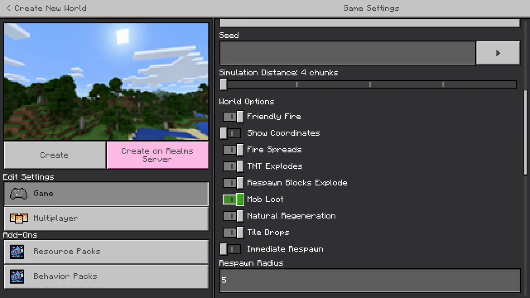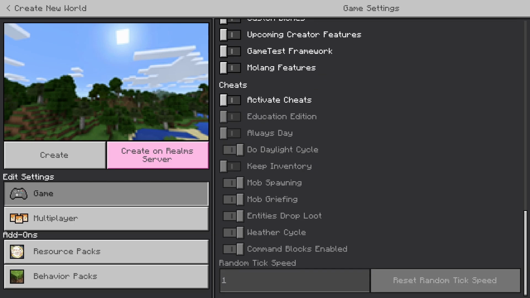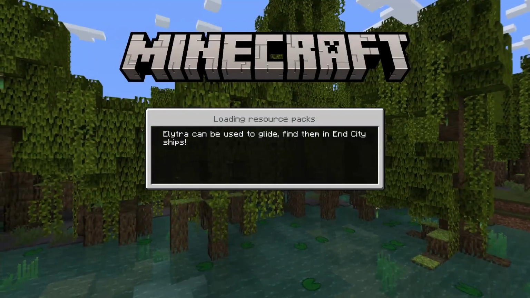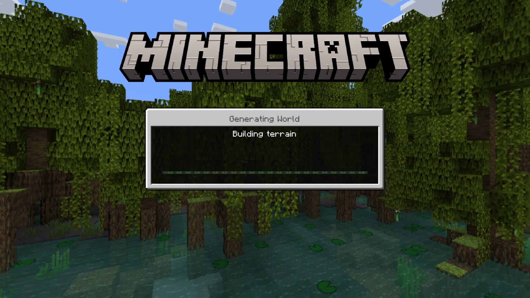Not to mention, if you scroll down to experimental, the Wild Update experimental is still on. Well, it still exists. Why? No clue. But it is. And since I already went over a lot of the features that 1.19 has to offer on Java Edition and Bedrock Edition, it's basically the same features, I'm not going to go over every single one again. This time, however, I'm going to concentrate on the stuff that